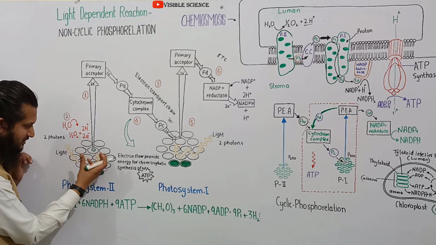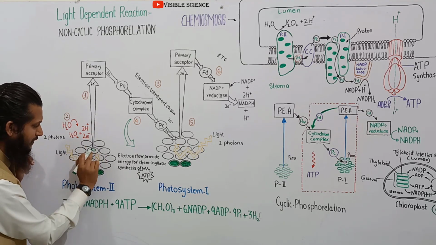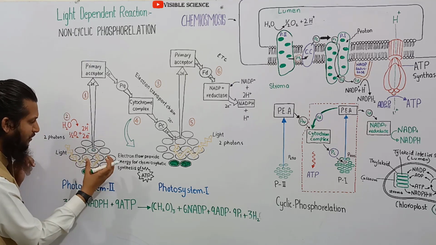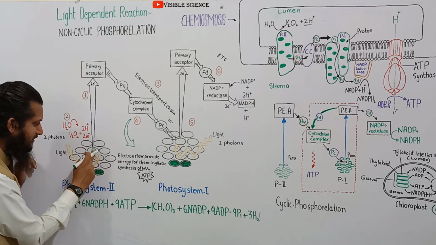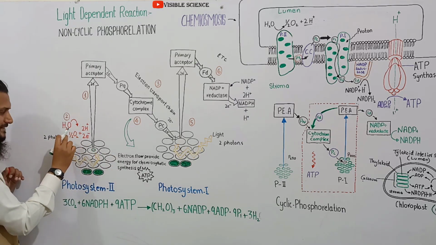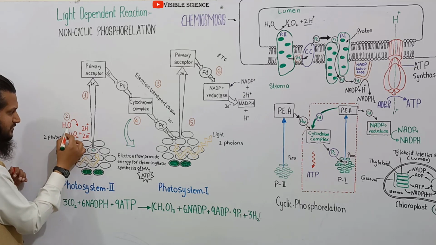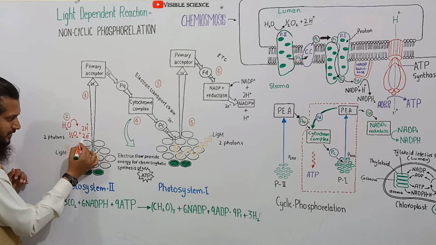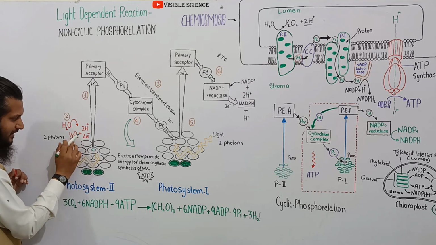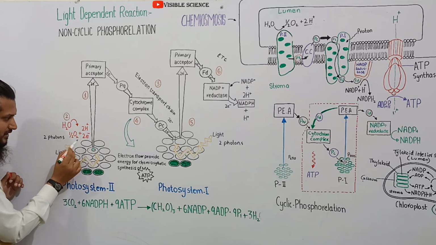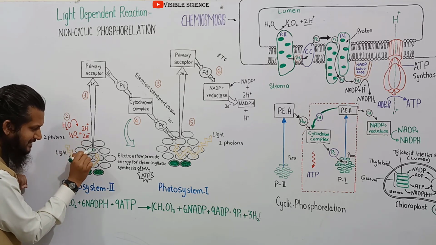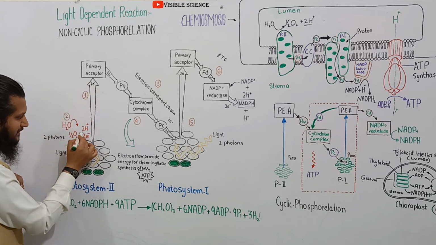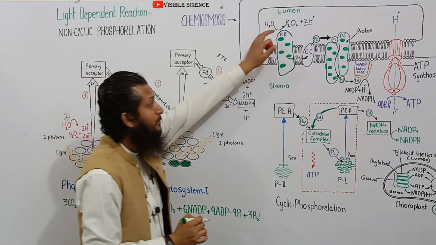Because here oxidation process takes place, electrons leave this chlorophyll molecule, electron holes are generated, and this chlorophyll becomes strong oxidizing agent. And this oxidizes a water molecule. Here an enzyme is involved which breaks down a water molecule. By breakdown of this one water molecule, two protons and two electrons are generated, and half oxygen molecule is generated. These two electrons fill this electron hole, which is created by excitation of these two electrons, and these two protons are present in the lumen.